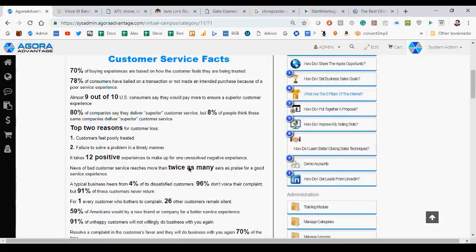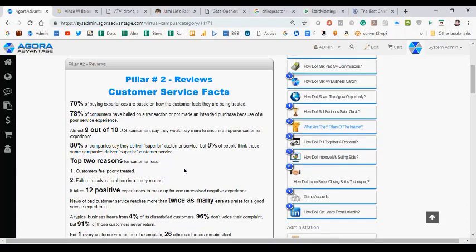So let's get into reviews. I cannot help a company with their reviews, or I can temporarily help them, but if they have bad customer service, then I cannot help that company. So the first thing I do when I look at a company, I go read the reviews. I can tell by reading reviews what type of company that is, if it's a good company, a bad company,